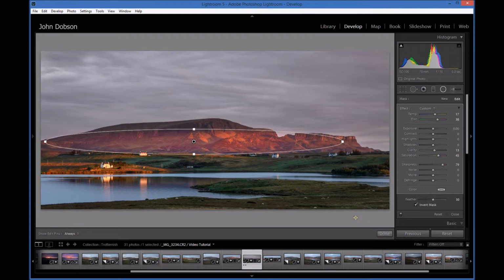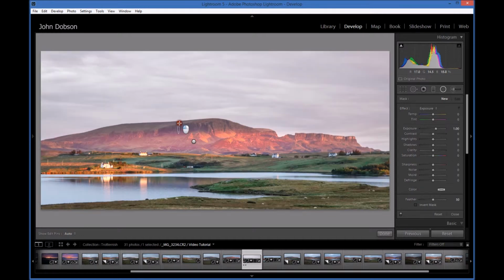So if we just click the H button or the H key, that hides the radial filter, and we can see just exactly what we've adjusted. Well, up here it's still actually quite dark, so I want to do something about that. So let's press H again to get the outline back, and I'm going to click on new to give myself a new mask. So this time we'll do just a smaller one,